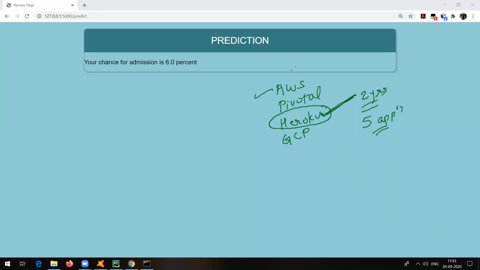And for AWS they are going to charge some money even. So that's why it's always better to go with Heroku, because it's free to use. Those who want to go with AWS, if they want steps, I will send. I have already mentioned the steps to deploy your application onto Google Cloud Platform also. So I will be using Heroku Cloud.